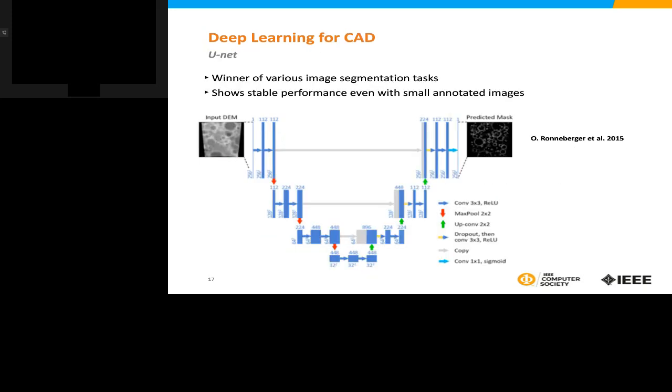So now I will go with some of the example networks which are very well explored. The most well-known network in the domain of medical image analysis was proposed by Ronneberger in 2015, and it was a winning algorithm in a computer-aided detection challenge, and this U-Net is a form of convolution network, because if you see this network, you see that there are convolution filters